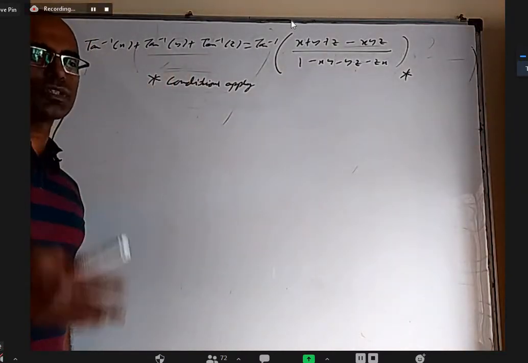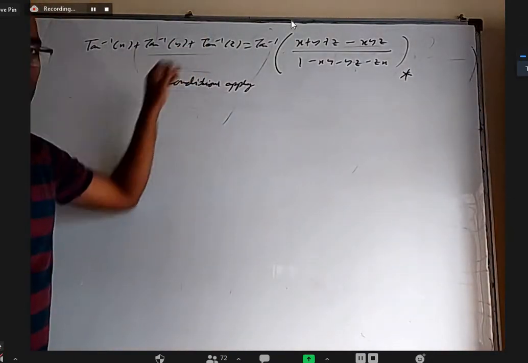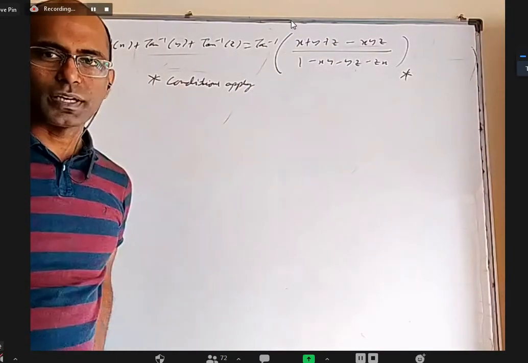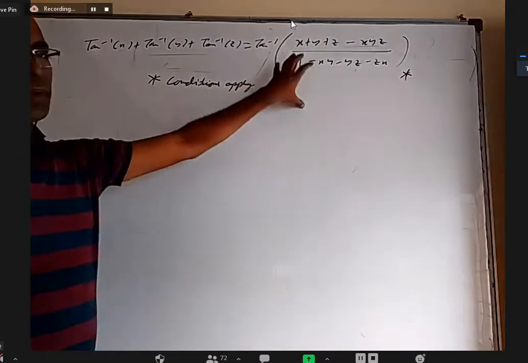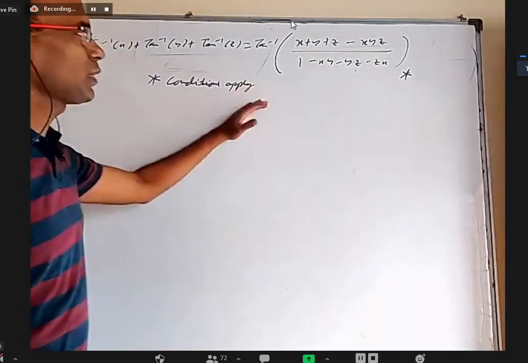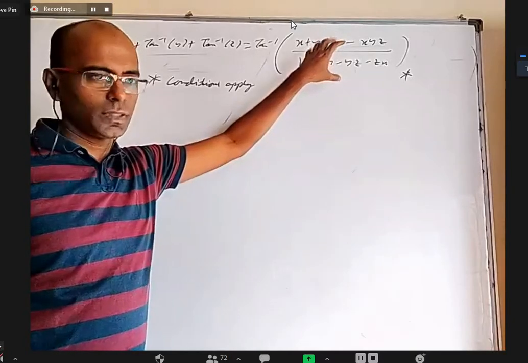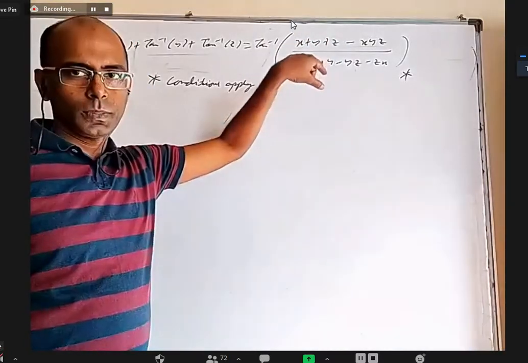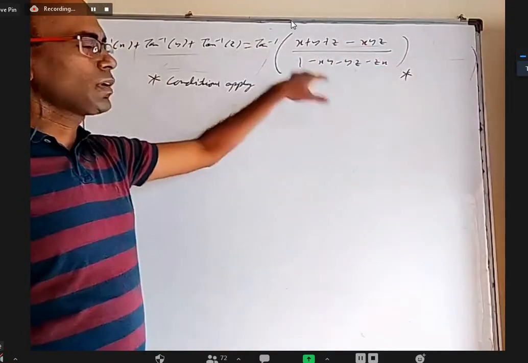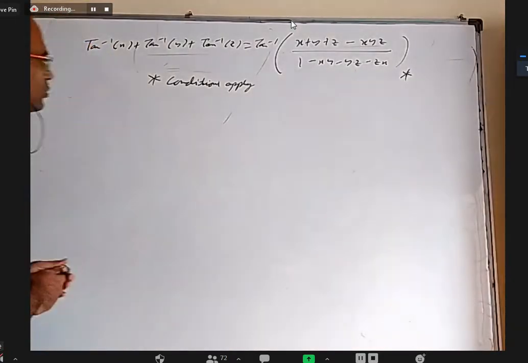For example, you take x root 3, y root 3 and z root 3. This will be 60 degrees, this will be 60, this will be 60, and the sum will be 180. How can tan inverse of one expression give 180? It will lie between minus 90 to 90 only. So the LHS also should lie between minus 90 to 90. Even though this formula is there, if you use this formula, you'll get 0 here, because x plus y plus z is equal to xyz. But just because tan inverse 0, you cannot say the answer is 0. So I'm going to tell a slightly different version so that it will be better.